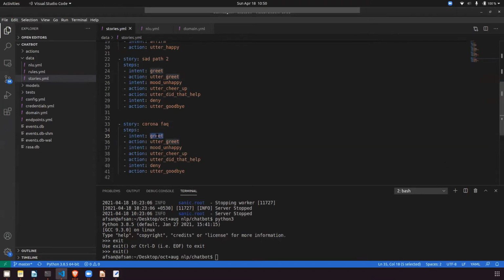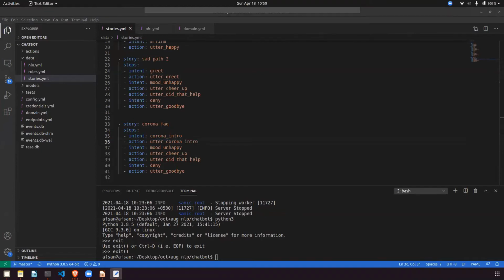Then the action is utter Corona intro. Basically, this is the iteration that we will build in domain.yml. If the intent is identified as Corona intro, the action will be utter Corona intro.